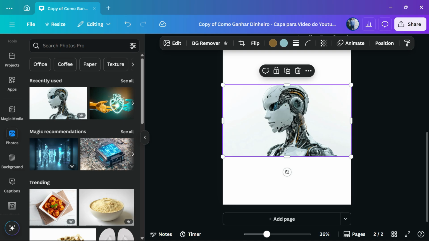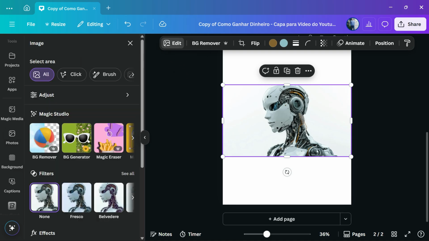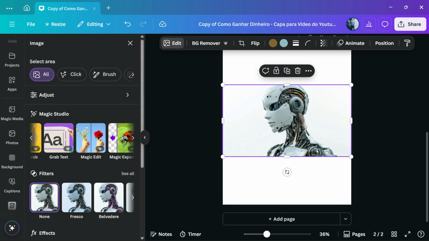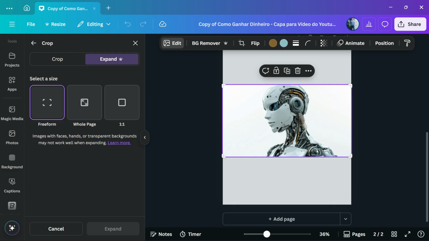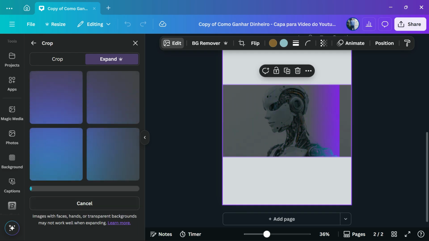Now I'm gonna need to click on the image, and we're gonna need to click into the edit button, just like this. Once right here, we're gonna be able to find on Magic Studio a couple of options. Click into this little arrow that is present into the right side of your screen, and right here we're gonna be able to see the Magic Expand. Click on it. Now you can have from whole page or 1:1, and one there to go to whole page. Click on expand. I will not cut the video so you can see the time that it actually takes